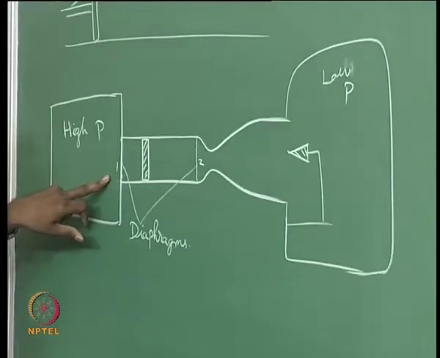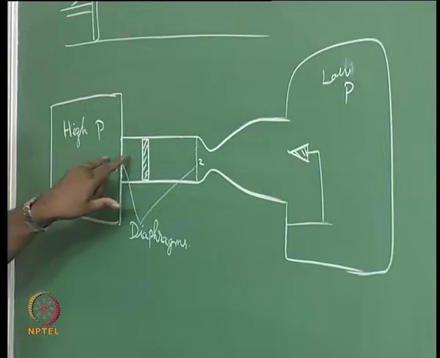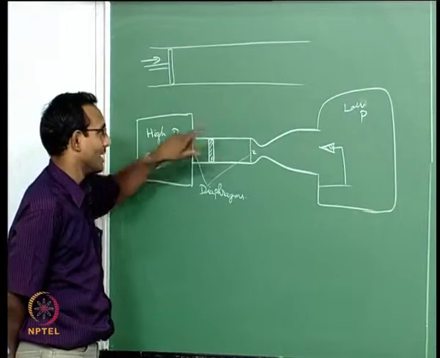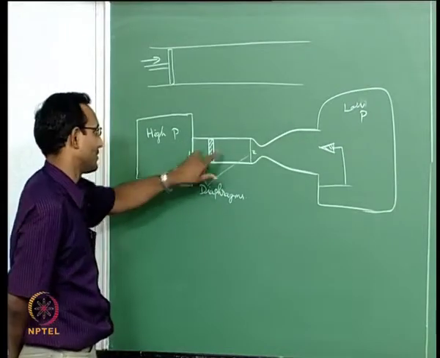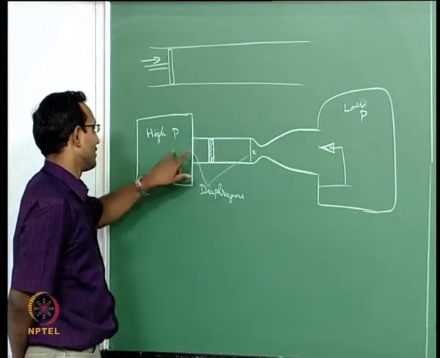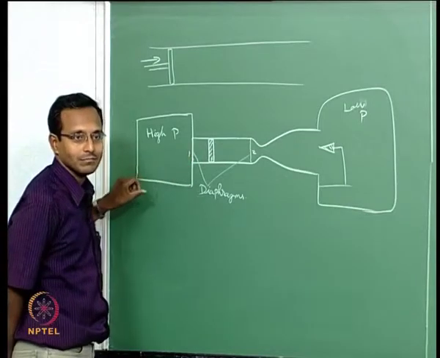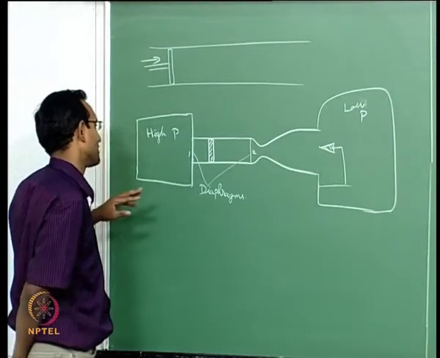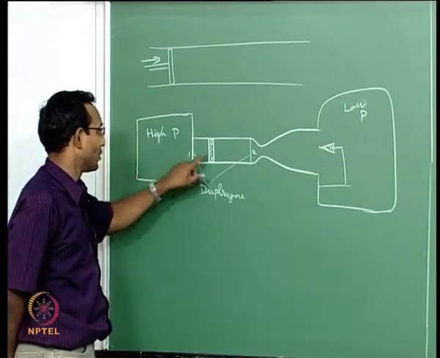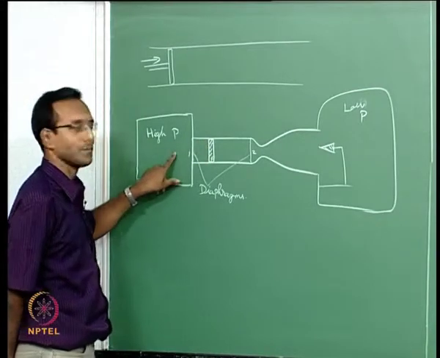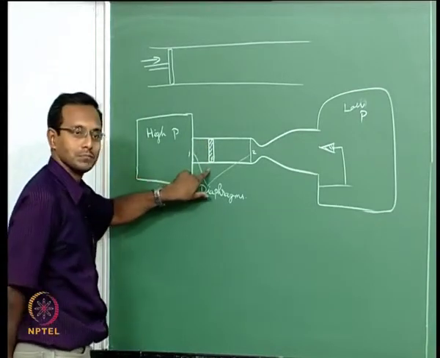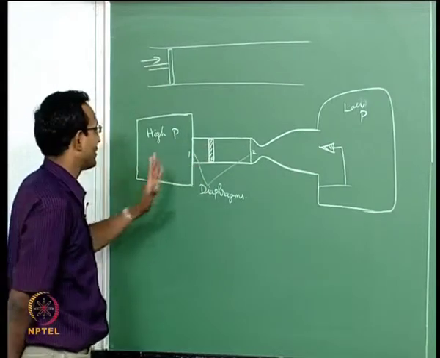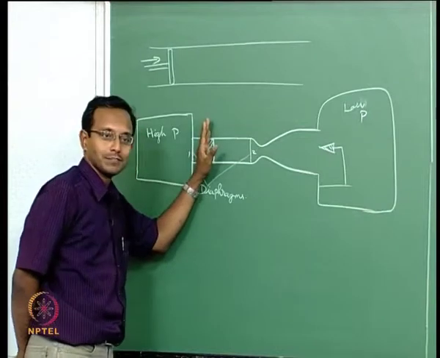It is going to feel the pressure difference across here. I am assuming that the pressure in here is something in between the high pressure and the low pressure in the tanks, something in the middle, and when I break diaphragm 1, somehow it is like a balloon and I break it and there is no more of that material sitting there. If I imagine something like that, suddenly this lower pressure gas is experiencing a higher pressure gas. It is a local shock tube. If I think about it, this is a very short length shock tube. What will happen? There will be a shock created and that is going to go to the end, and